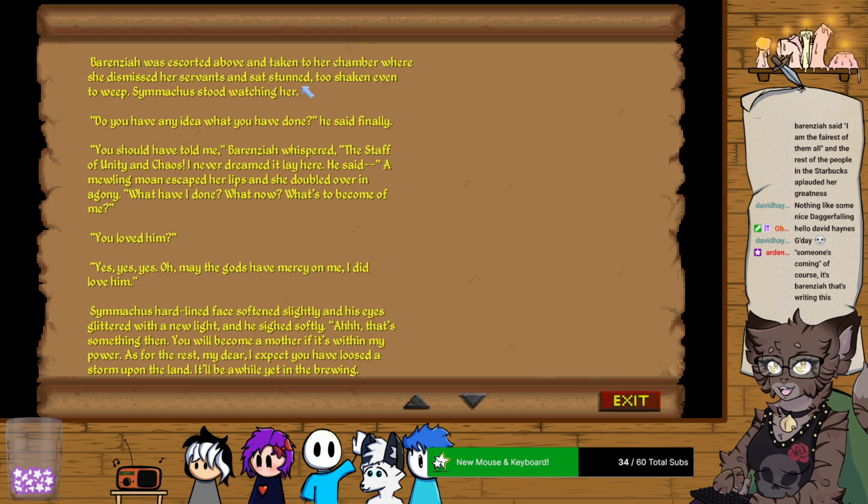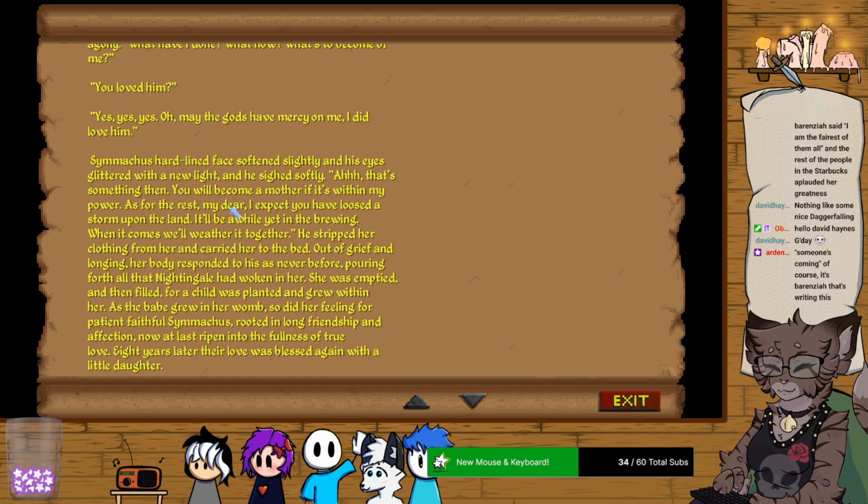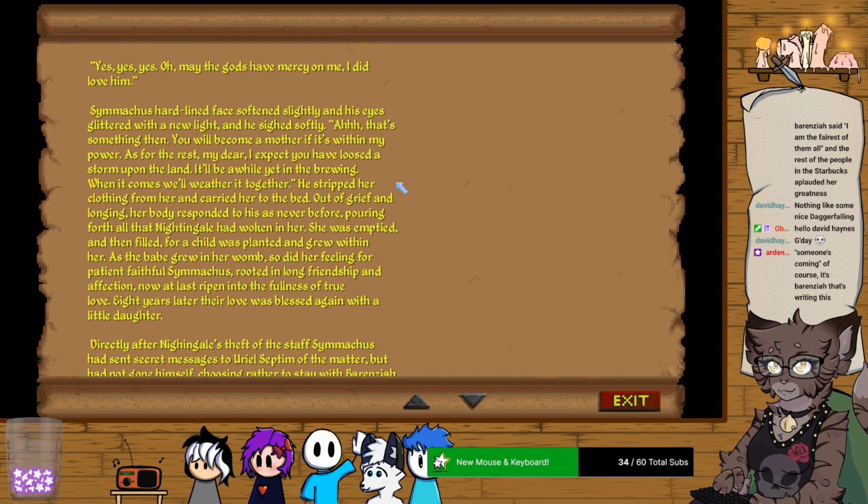I never dreamed it lay here." He said. A mewling moan escaped her lips and doubled over in agony. "What have I done? What now? What's to become of me?" "You loved him?" "Yes. Oh, may the gods have mercy on me. I did love him." Symmachus' hard-lined face softened slightly, and his eyes glittered with new light, and he sighed softly. "Ah, that's something, then. You'll become a mother if it's